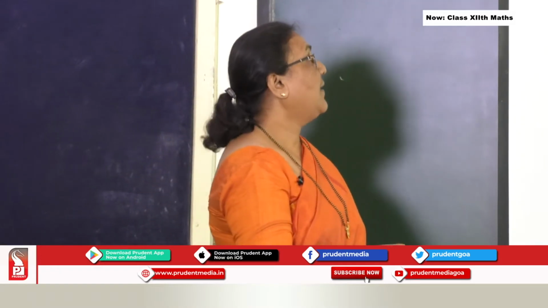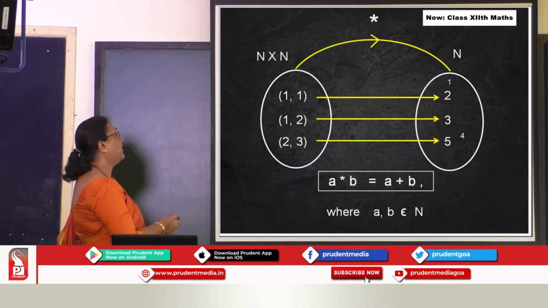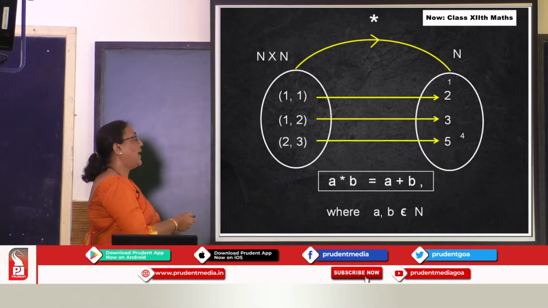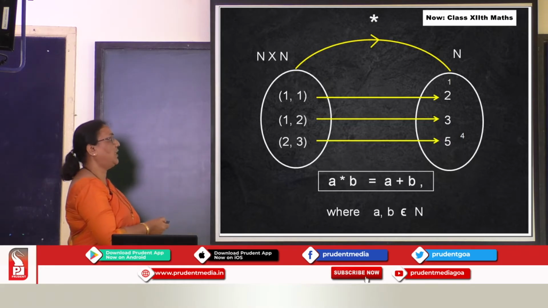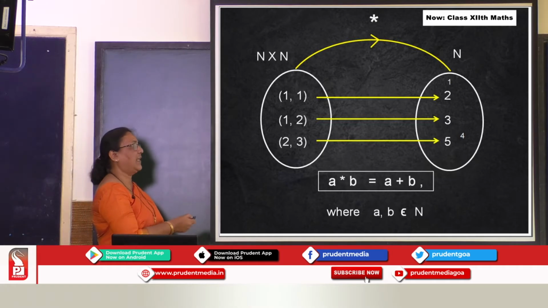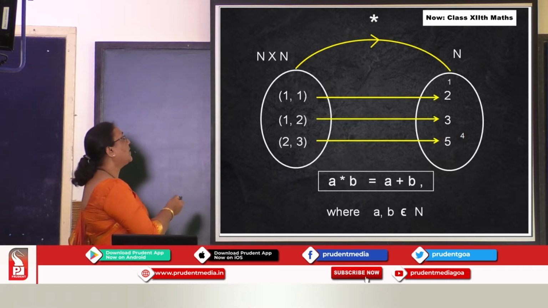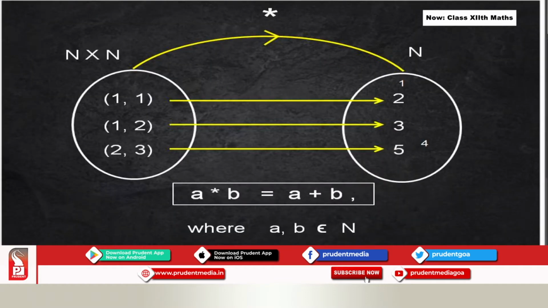In a mathematical way, see here I had drawn a Venn diagram, okay. These are the set of natural numbers, all till infinity. I have not written all the numbers, but 1, 2, 3, 4, 5 till infinity, all the numbers are there here. And here is the Cartesian product of natural numbers. Now see, students, you will get (1,1), (1,2), (1,3) till (1, infinity), then (2,1), (2,2), (2,3) till infinity. I have taken only 3 elements here.